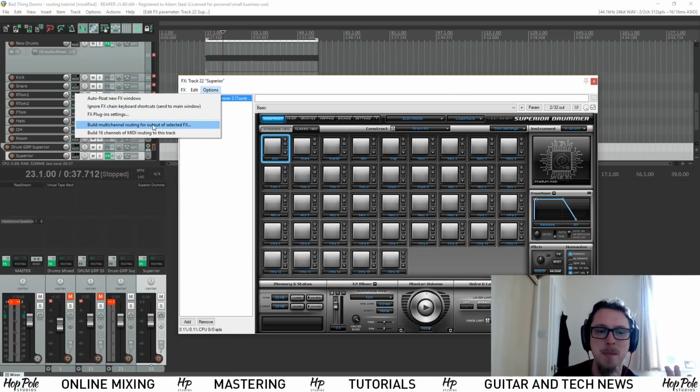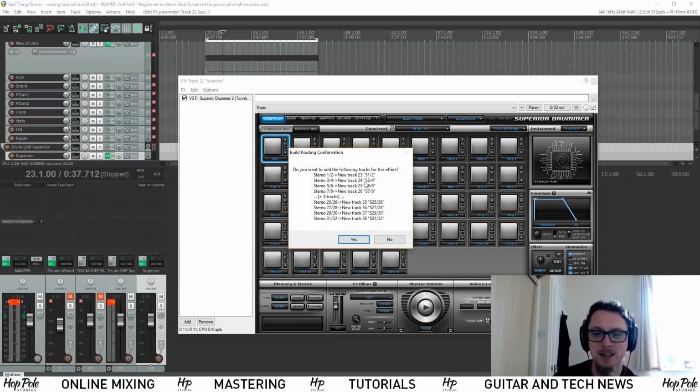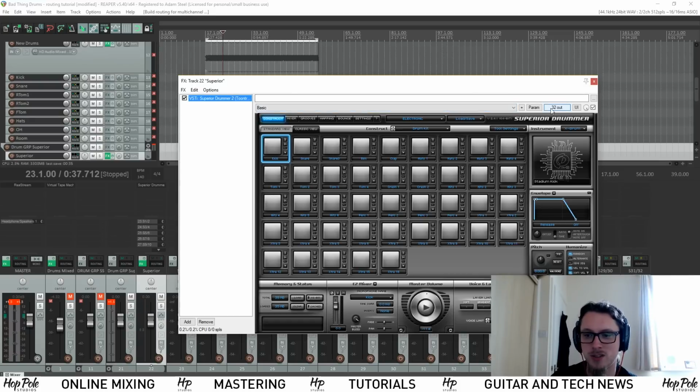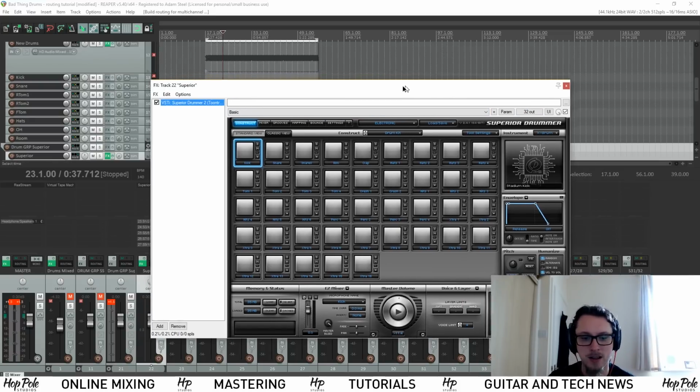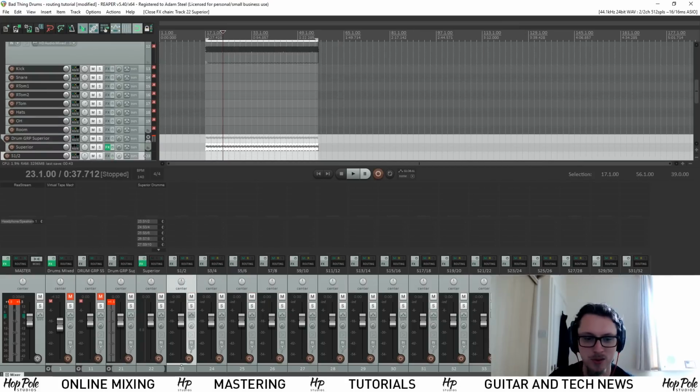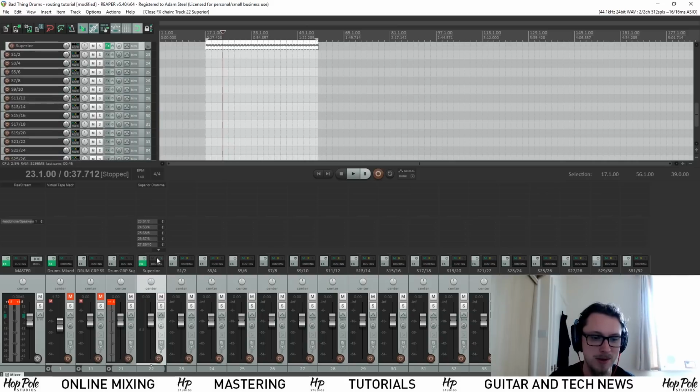This button is amazing. I click that. Do you want to add the following in tracks for this effect? And I hit yes. And suddenly that magically changes that 2/32 out to a full 32. And if we look behind the plugin, what's this? All these channels have automatically been routed for me. The master's been turned off on Superior, and now that's